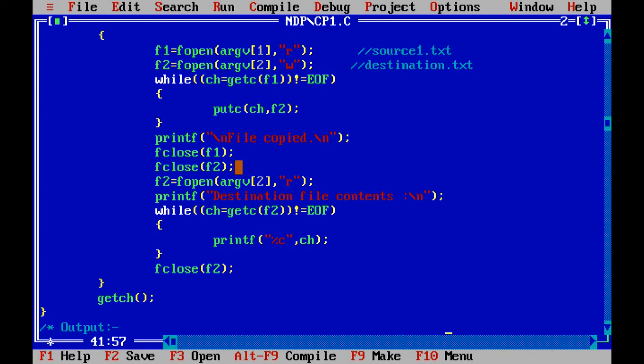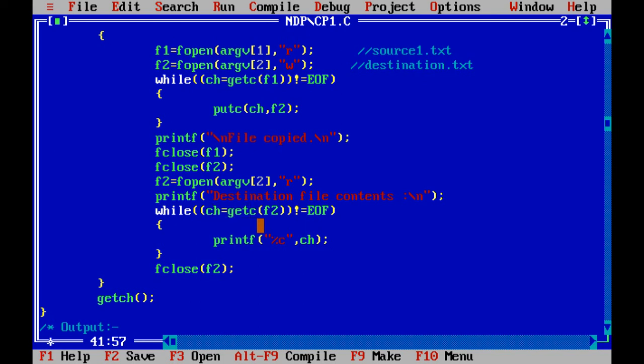Here our code gets executed and the file will get copied, but I want to display the contents of the file, which we have already done in the type command of C, or you can say the type command program. Now we are going to display the contents of the destination file. For that, I have opened the file in the second position of the array in the read mode, and it is going to print the destination file contents.